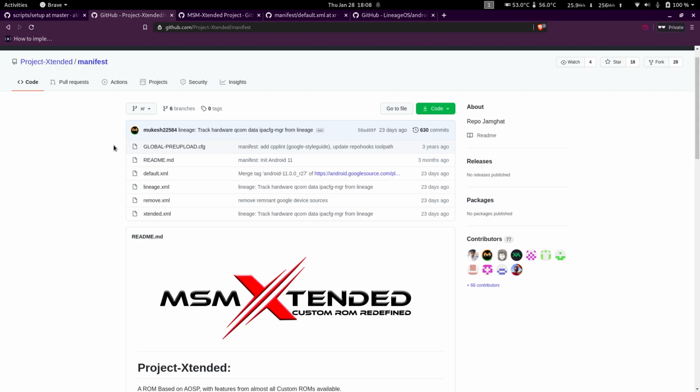Yes, you do need Linux for this. If you do not have storage in a laptop to install Linux, compiling a ROM itself would need like 200 to 300 gigabytes of free space.